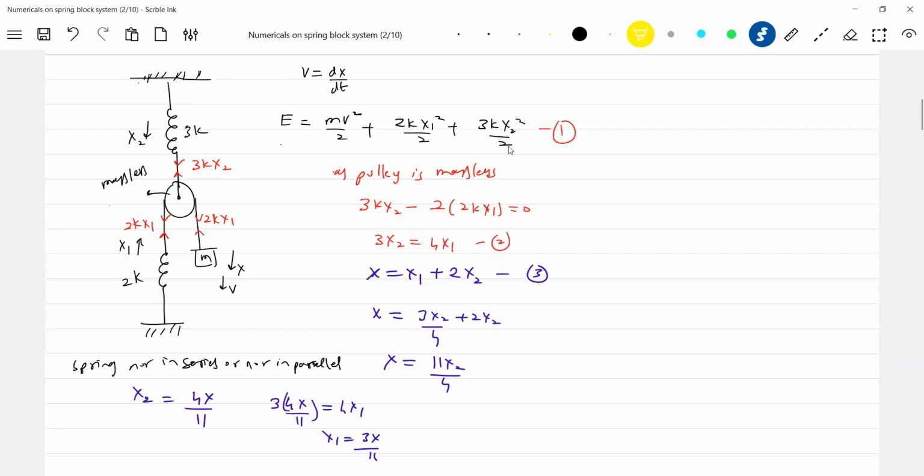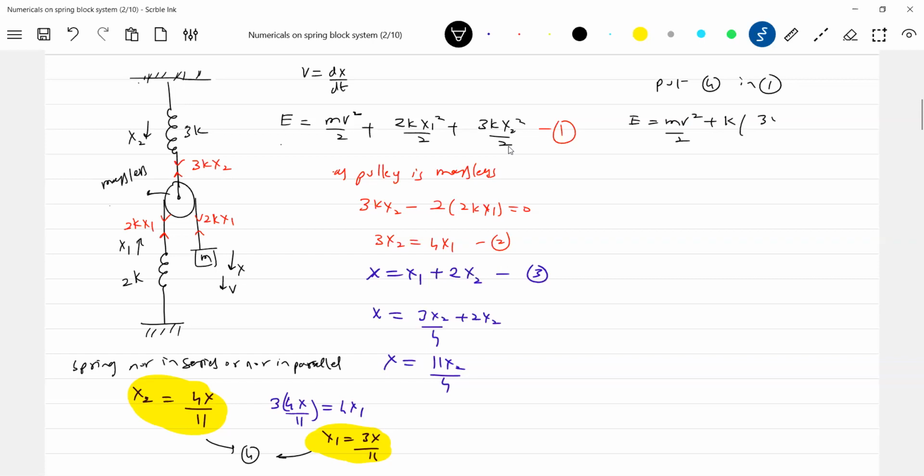Now I'll enter into that one. Putting these values x1, x2 in this equation, call this equation 4. Put 4 in 5, or put 4 in 1. Then E equals mv square by 2 plus k x1 square, 3x by 11 whole square, x2 will be 4x by 11 whole square,